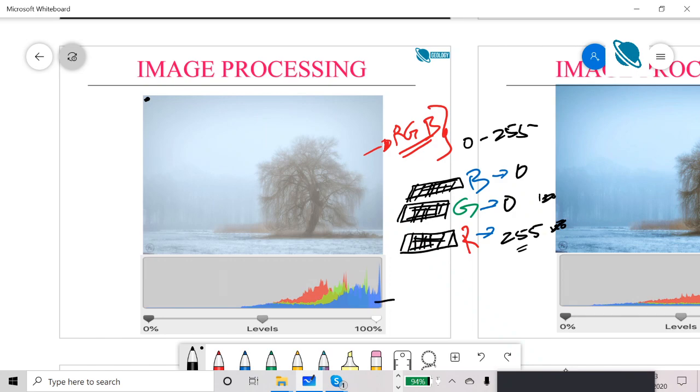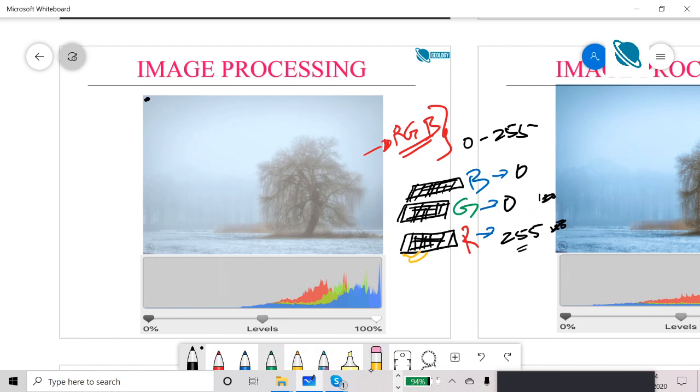This is what is shown here, the histogram of all these colors. You see the blue values here are brighter, red is very low, and in the middle you have green. That is why this image is mostly bluish in color. Blue has very high brightness values here, and the red channel has the least brightness, so it is given lower values. So your combination will be these. Also, these red colors will appear darker.